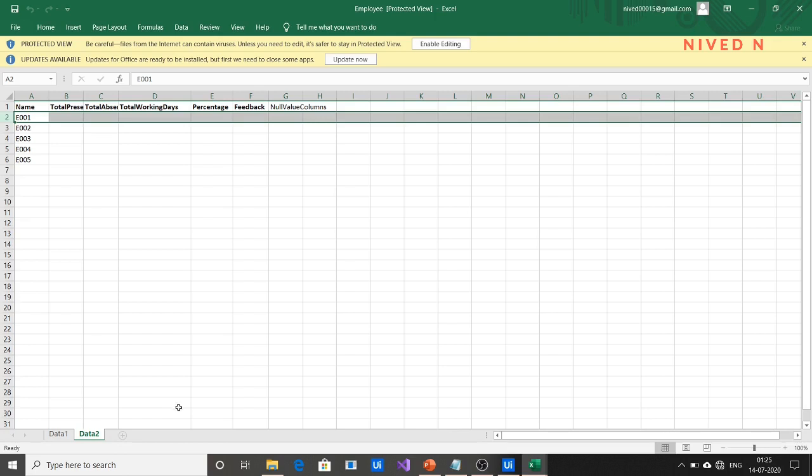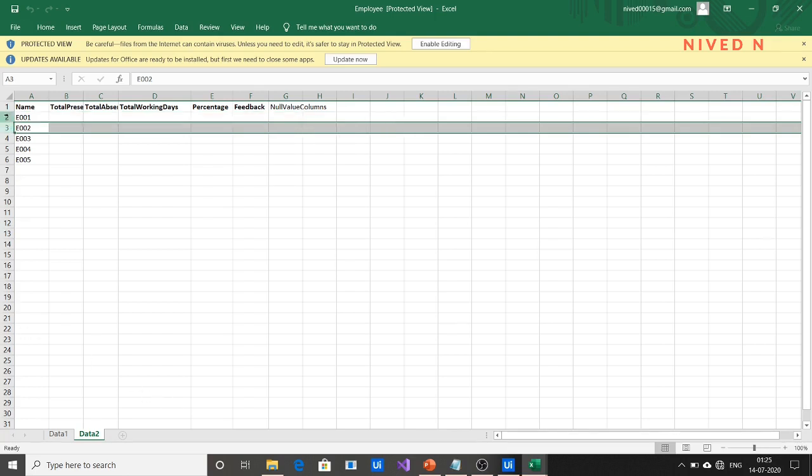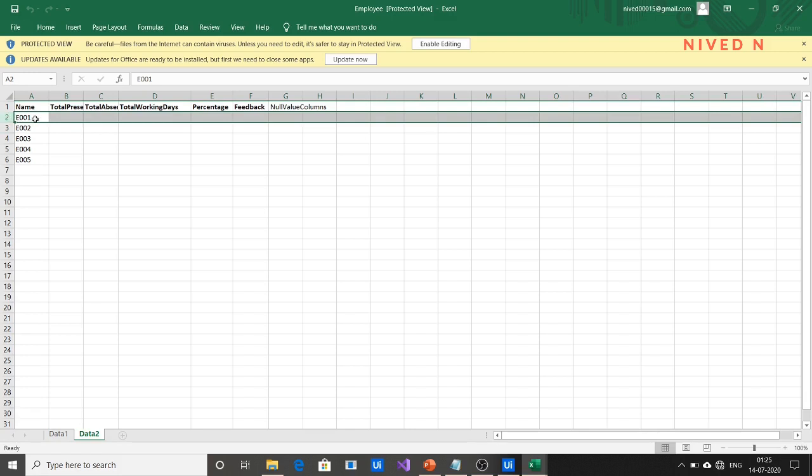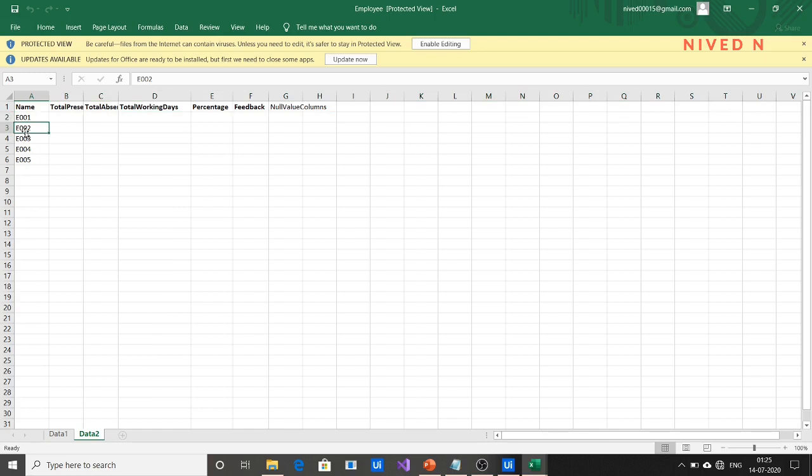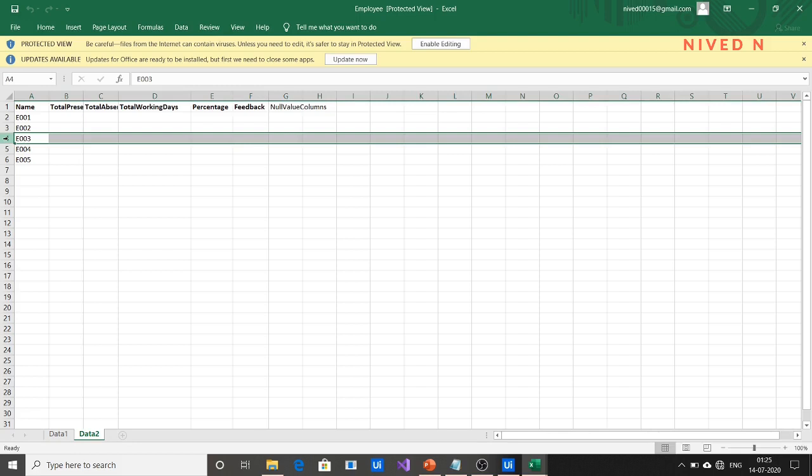So here you have to identify the row index of this corresponding employee. For this employee E001, the row index is 0. For employee E002, row index is 1. For employee E003, row index is 2. So you have to identify this.